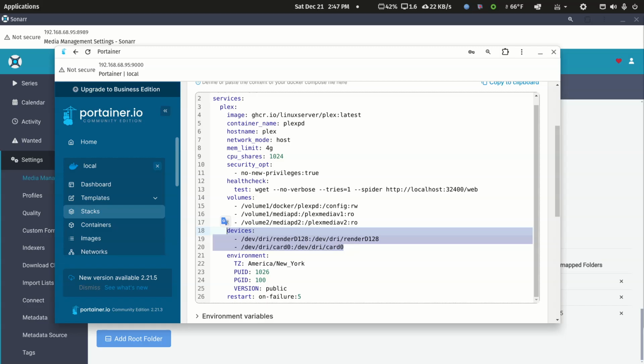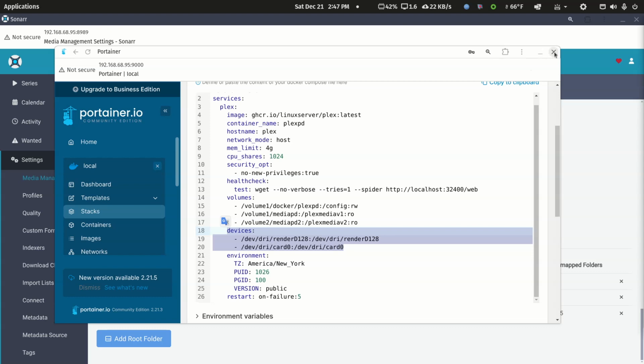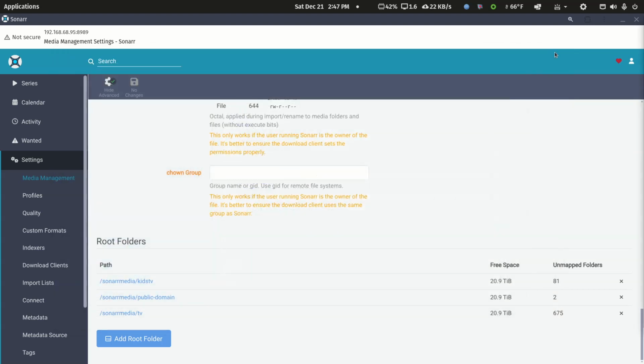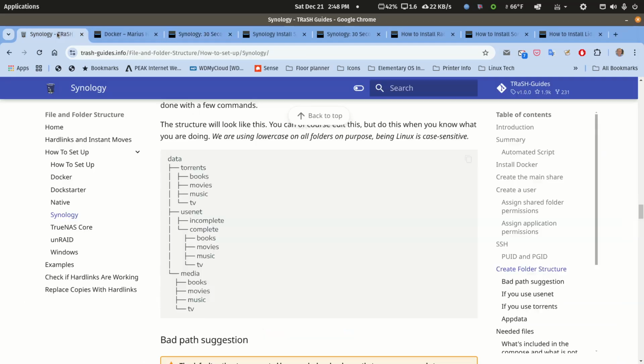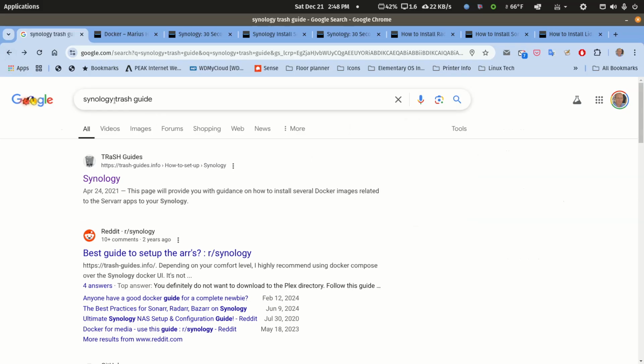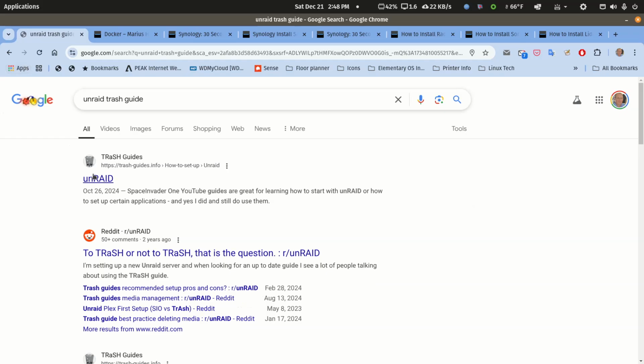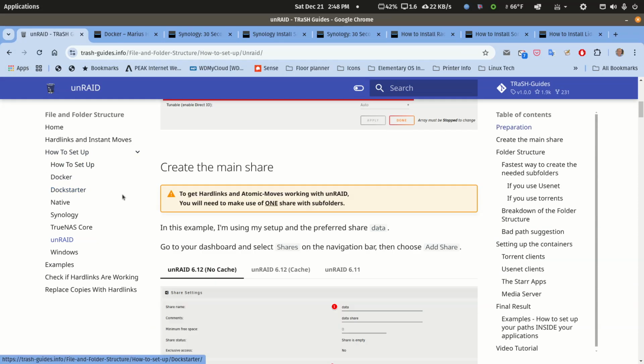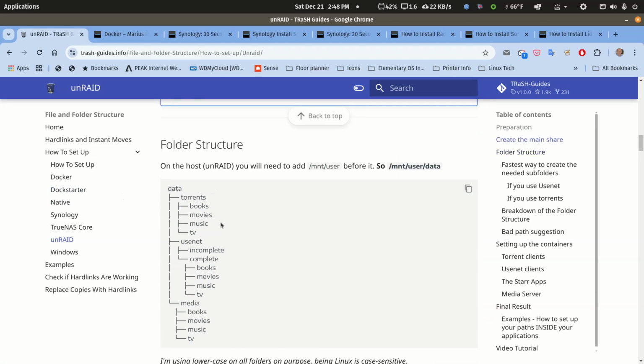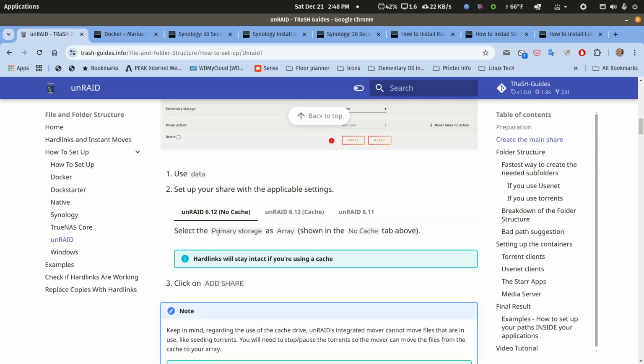All right, Chris and anybody else watching, this is about as in-depth as I'll go into a Trash Guide setup on my Synology NAS, but all the same principles hold true for an Unraid install. And again, there's an Unraid Trash Guide just like there is for Synology. You just have to search for it. And again, everything's going to be based on the folder structure they suggest, but it can be adapted from my folder structure too. The folder structure is the only hard part about any of this, and I